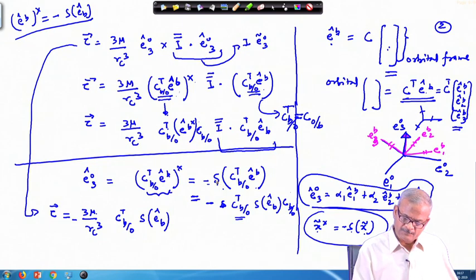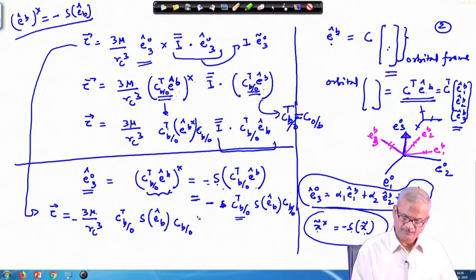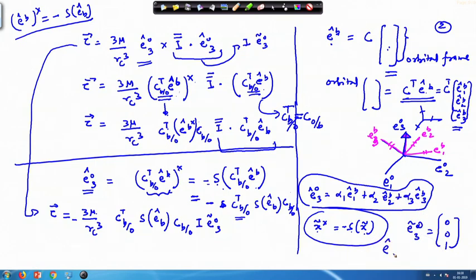Okay, so, therefore, this part what we have been writing here, this particular equation here, E cross, gets reduced to this part we have written from this place, and then replacing this as B slash O, and thereafter we have I times E tilde O 3. So, E tilde O 3, if I write it in this way, this implies 0 0 1, while if we write it like this, this is just a unit vector in the third direction, which is written by 1 here. So, this is the difference.